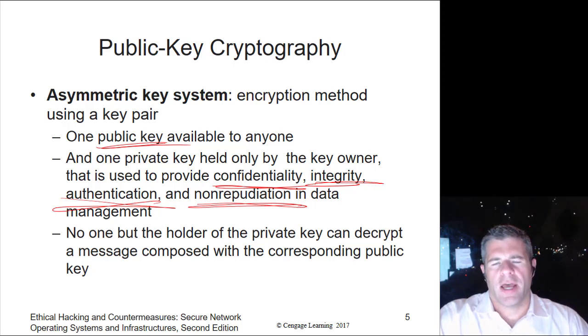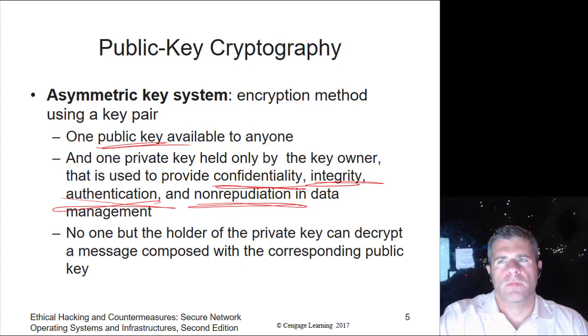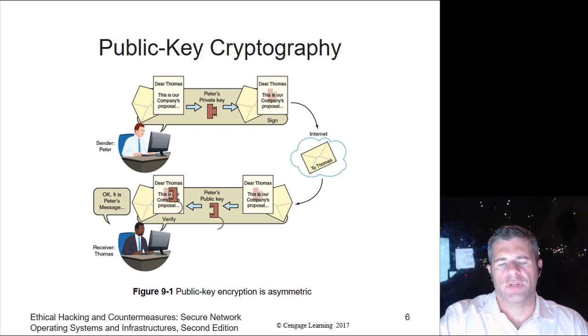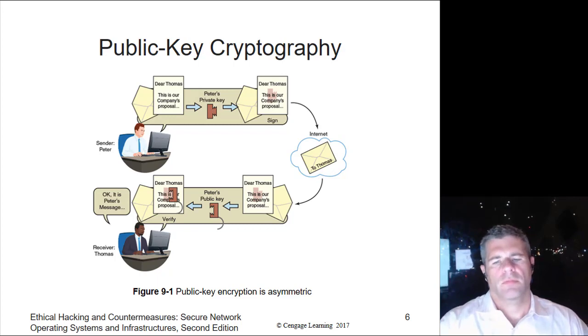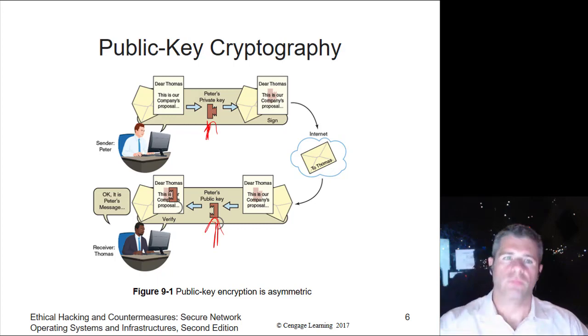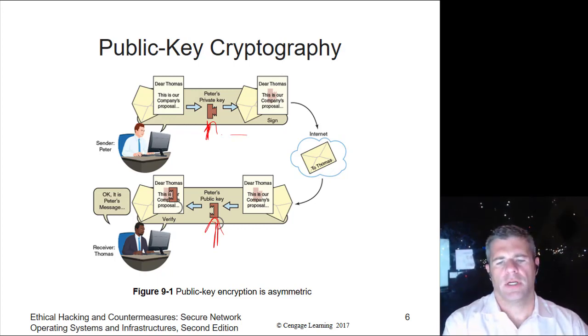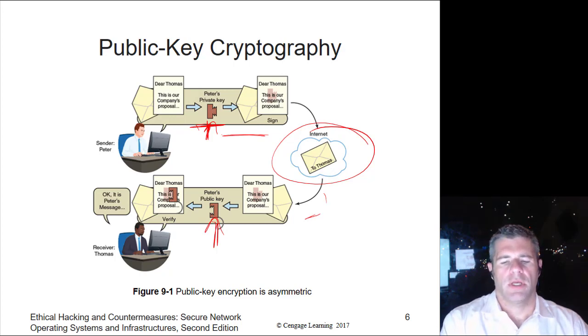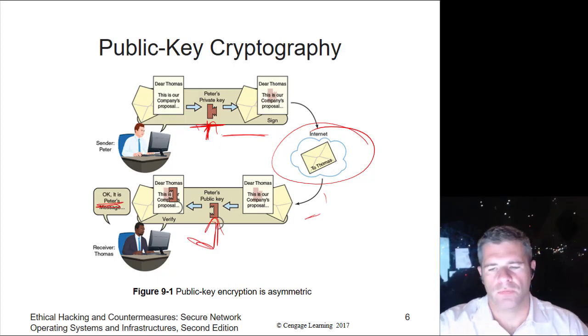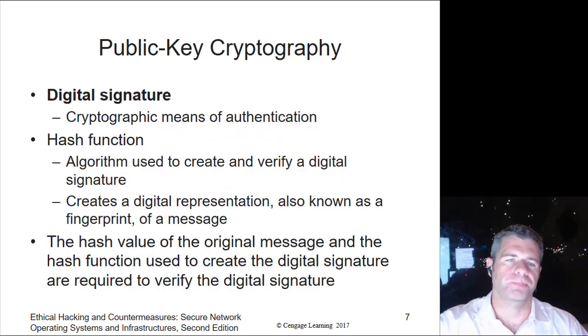So if you have a copy of my public key, only I, the owner of the private key, can decrypt it. So here's an example of how that might work. Not necessarily a wonderful example, but an example. Notice the public-private key icons here. I'm kind of a fan. But Peter signs a document here with his public key, goes out over the internet, comes in. He signed it with his private key. I think I said public. Comes back in. Using his public key, they decrypt it, and now we know that it's Peter's message. Pretty simple. It's asymmetric, which is cool.